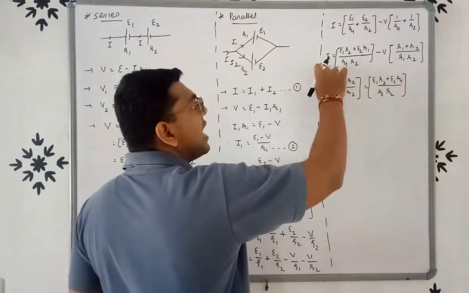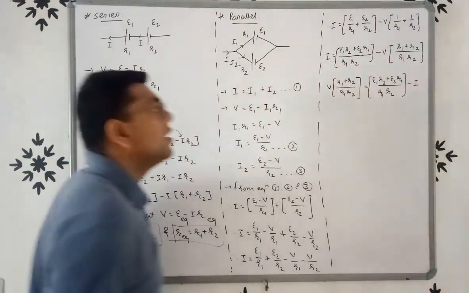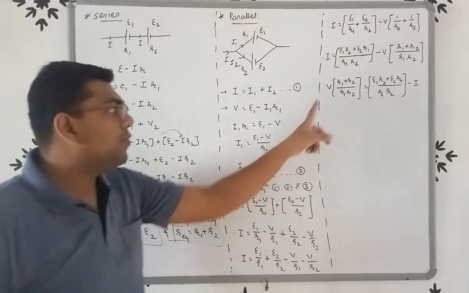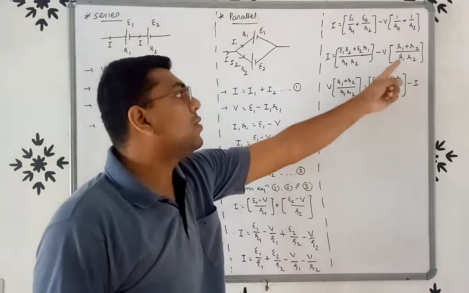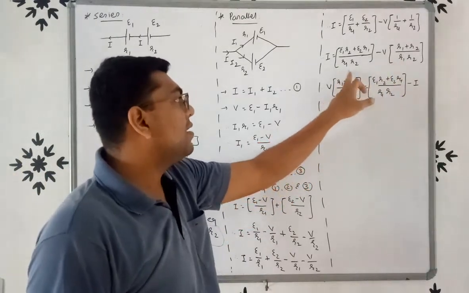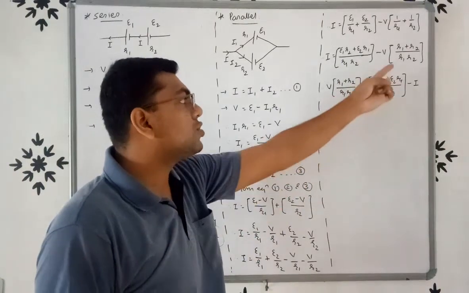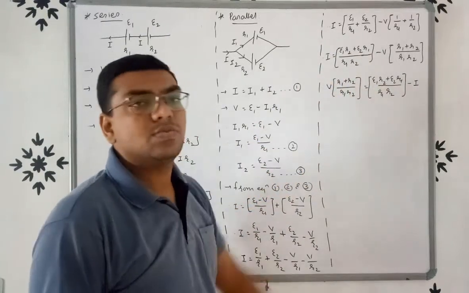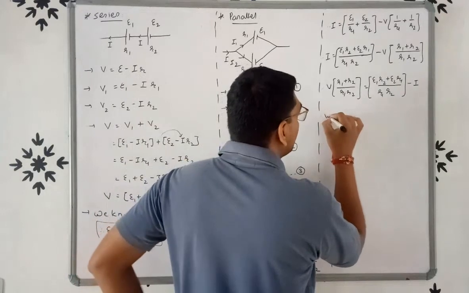And this I, we have to take to the right hand side, so minus I. Now we have to find out potential V. So we take this R1 R2 to the right hand side and R1 plus R2 to the right hand side. So R1 R2 goes in the numerator and R1 plus R2 goes to the denominator. So we will get V is equals to